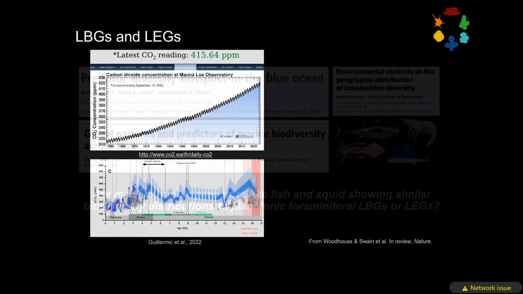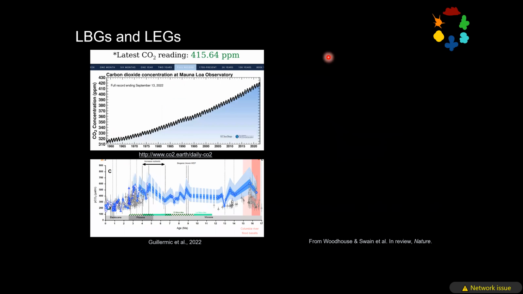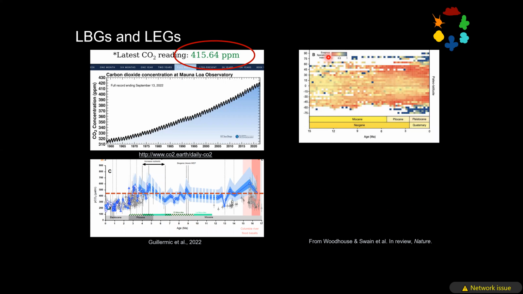And of course, that's a problem. As I mentioned, our CO2 levels are now high, 415.64 parts per million as of yesterday. And of course, this 415 parts per million is higher than even our most conservative estimates of the Miocene, and currently impinging upon Pliocene levels, which have not been seen for 3 to 4 million years. So 3 to 4 million years ago, or even 8 million years ago, when our LEG